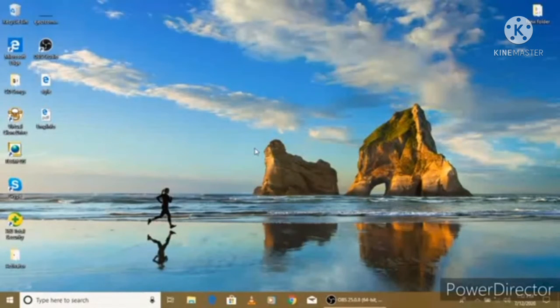Windows 10 is an operating system. What is the use of an operating system? It acts as an interface between the user and the computer. It enables communication between the application software and the hardware. You already learned about the operating system in the previous classes, like 3rd standard, 4th standard and also 5th standard. So now we can discuss Windows 10 in detail.